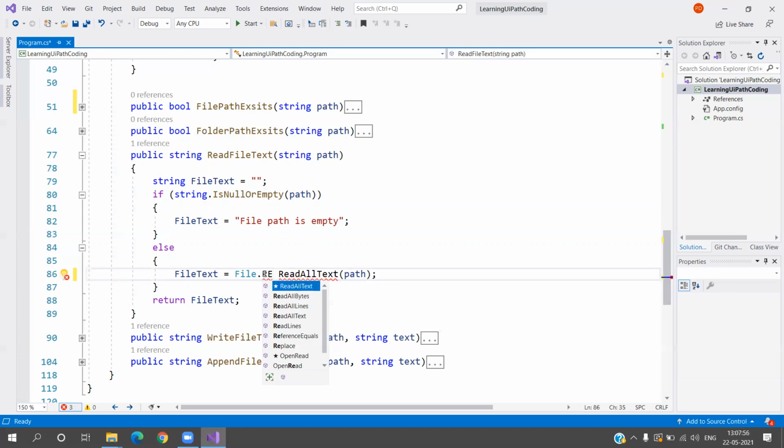What is the difference between ReadAllText and ReadAllLines? ReadAllText gives you the output in a string variable, whereas ReadAllLines gives the individual lines within an array. If you see, string array is mentioned over here in the output type, so you are going to get the individual lines within the array.